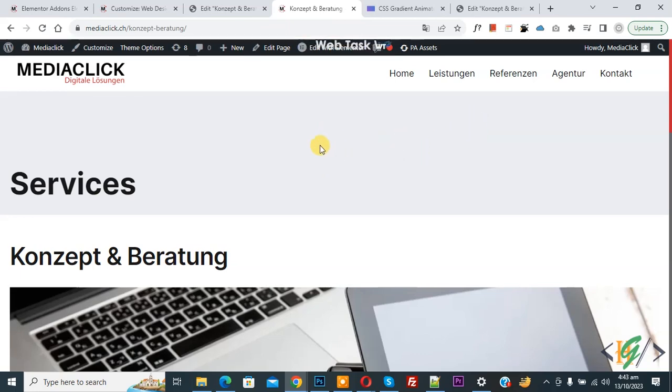Bismillahirrahmanirrahim. Assalamu alaikum. My name is Hassan and today we are going to add animated gradient background effect in Elementor